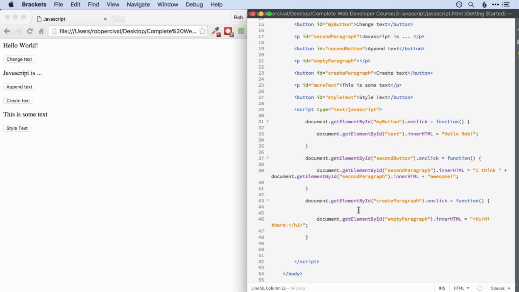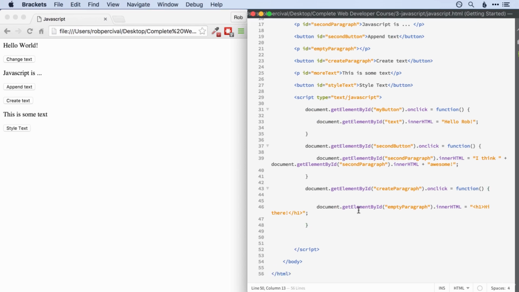But now let's add some code for that button. So in just the same way, document.getElementById. And the element that we want to get is the style text button. And then we want to add an onClick function to that. So this is going to be a function with curly brackets. And then what we want to do is just add some style to the more text paragraph. So for example,